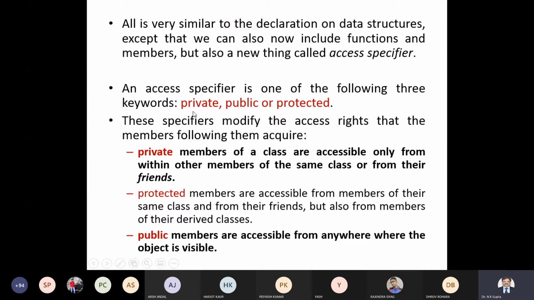You can see what access specifiers we have been talking about. Mainly we have been talking about private and public, and you will be coming to know about this protected access specifier also. Now I will concentrate more on private and public.